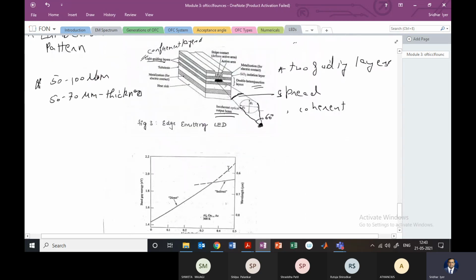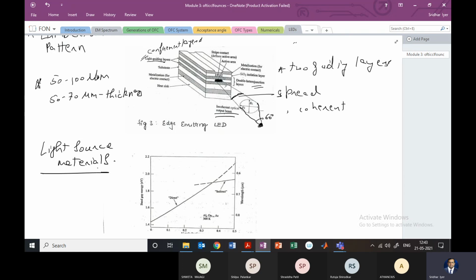Right? So of these, the types of LEDs have been asked more often than the heterostructure, but heterostructure has also been asked. Okay. The next point in the LED is the light source materials. This is specified in your syllabus, but they have not specified exactly what has to be done. It goes more towards the chemistry aspect. So I'm just going to give you a brief idea about this, and then maybe solve a problem based on this. But we'll not go into the depth of the chemistry aspects.